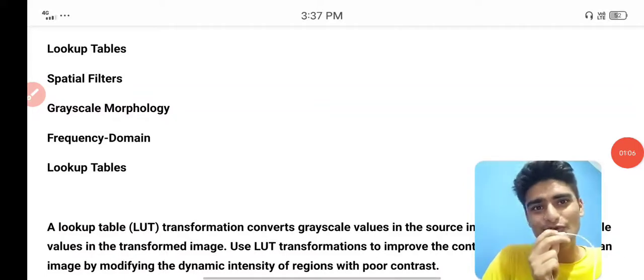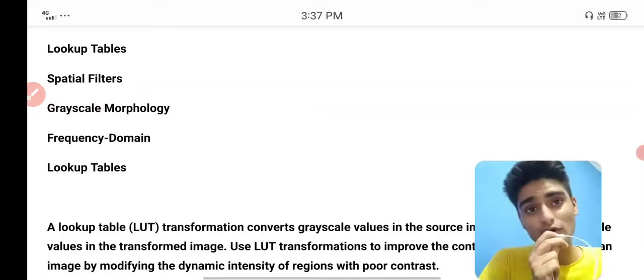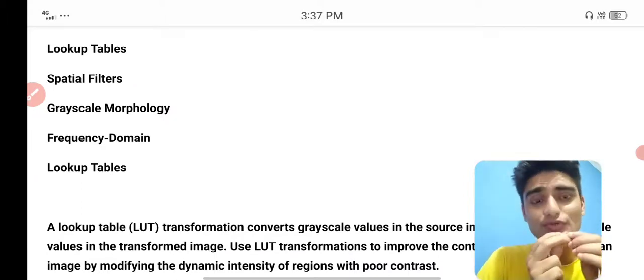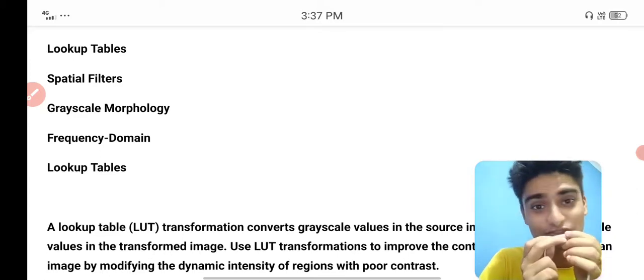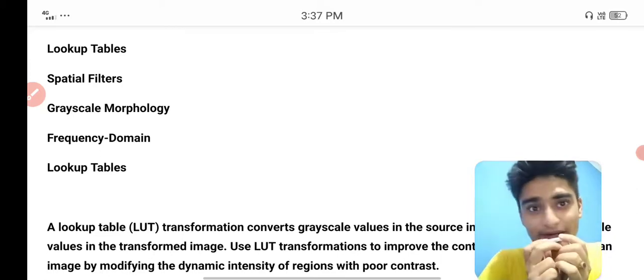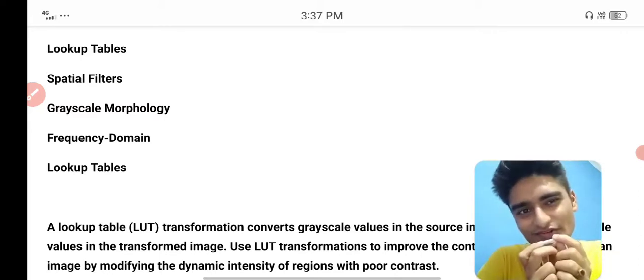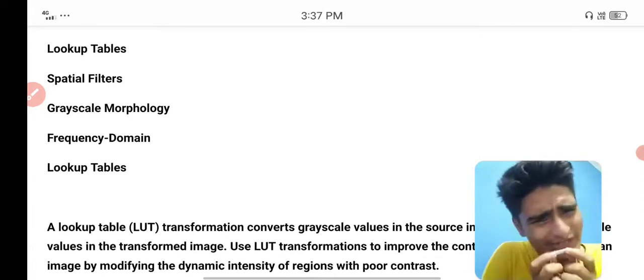So here you have the keynotes of the project in part 2. In the part 2 session we'll be discussing the lookup table, then spatial filters, then gray morphology, and then frequency domain. You might be confused about how a frequency domain is used in image processing.